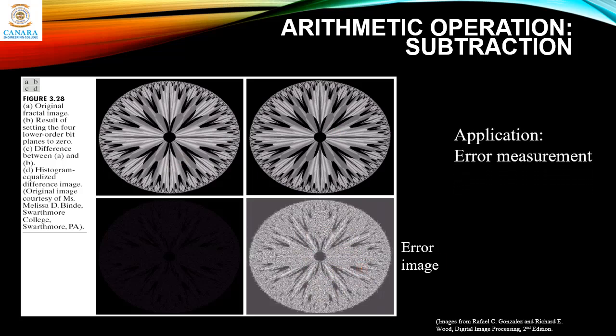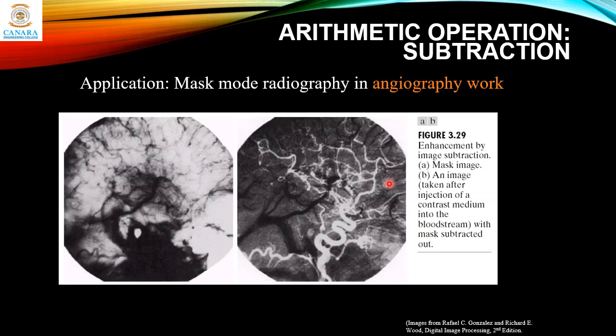So we can use this technique for error measurement. One of the most popular methods of image subtraction is in the field of mask mode radiography in angiography work. So here, this is the top down view of a spinal cord. Okay, X-ray of a spinal cord, and